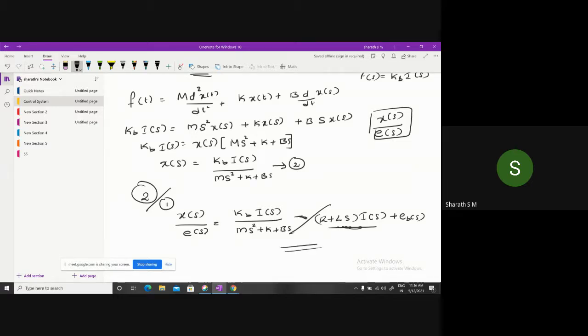We can also simplify this equation as a final transfer function. So first we need to write down the equation for a mechanical system and then write down the equation for an electrical system. We need a final transfer function as x of s and e of s. So we need to simplify in that manner. Divide equation 2 by 1, so that will be the final transfer function. We can choose I of s as a common factor in the denominator, and then we can cancel these two. So that is the final simplification.